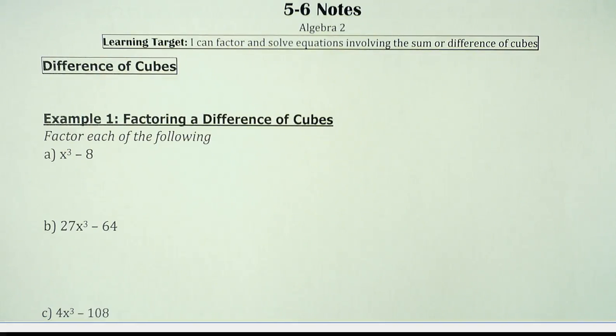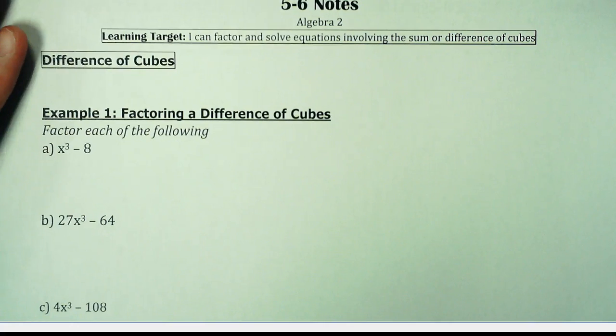So today we're going to do some special case factoring and then also use this to solve some polynomial equations. In the front we're just going to do sum and difference of cubes, just some factoring, and on the back we'll actually solve some equations. Everything I'm going to do on the front side of this has no equal sign. It's just factoring, like we would factor a quadratic into